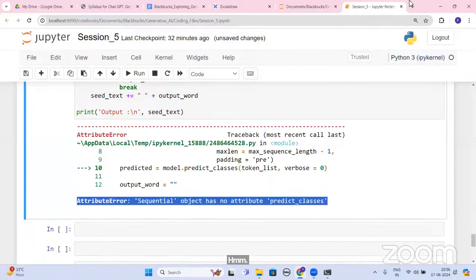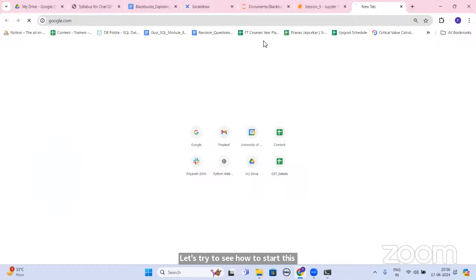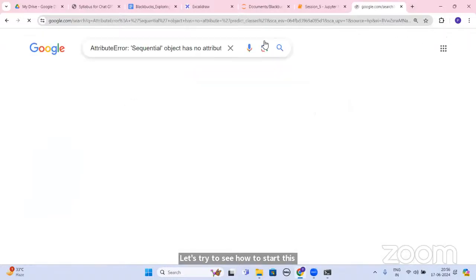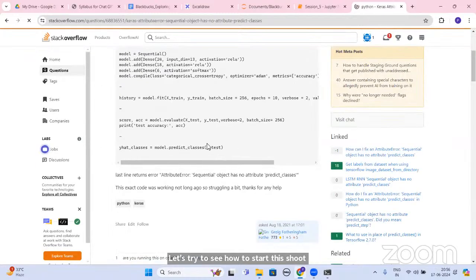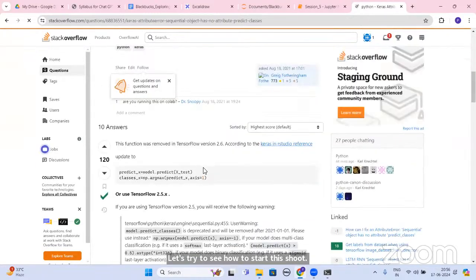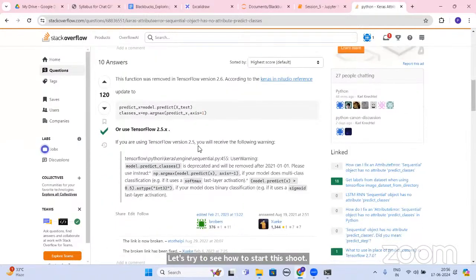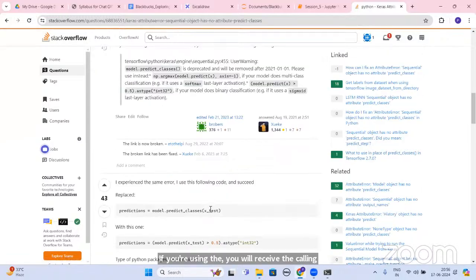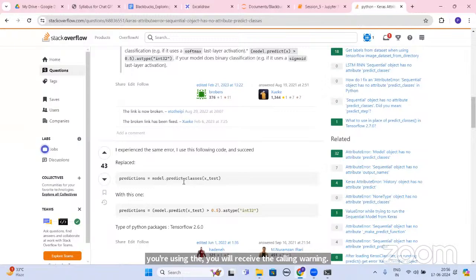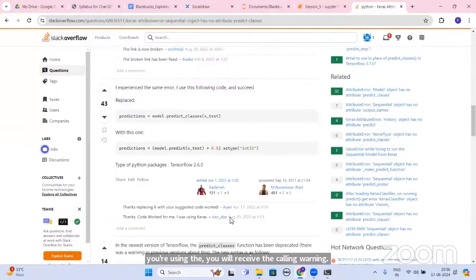Let's try to see how to sort this issue. If you are using it, you will receive a warning and it is replaced by predict.